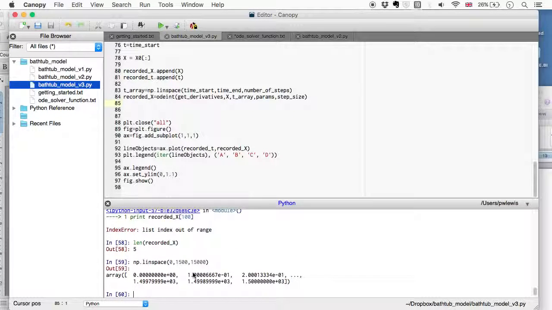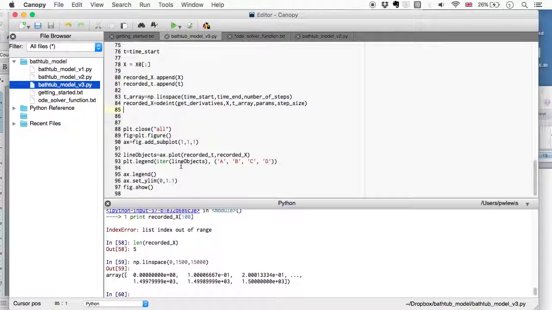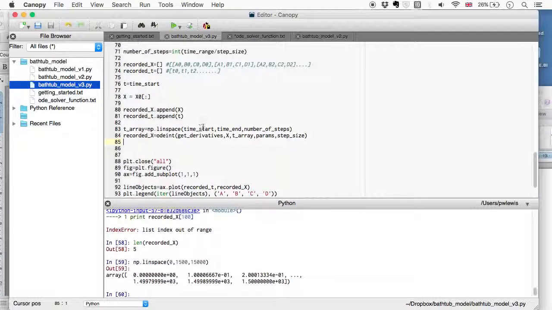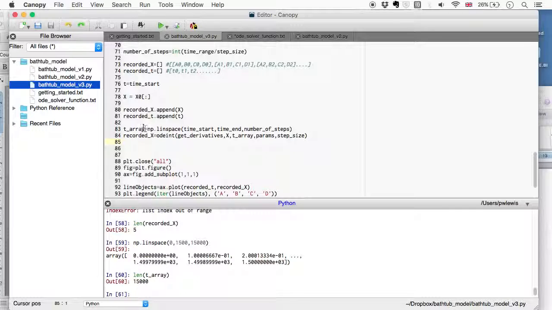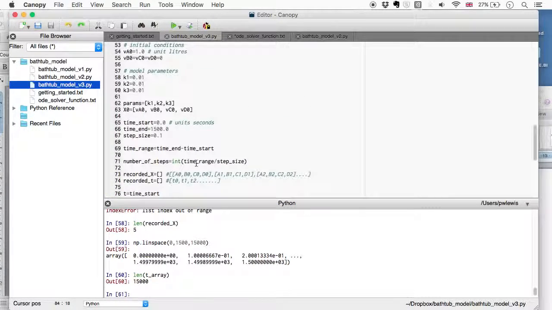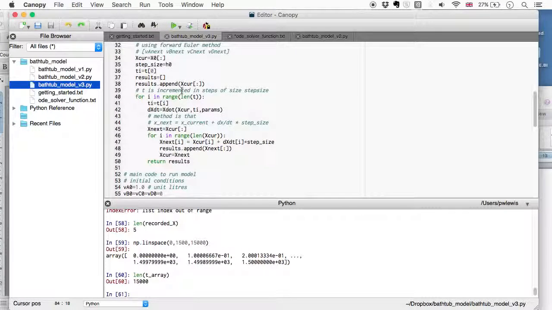Okay. Let's see. Time start, time end, number of steps. So I might say, what's in this T array? Let's have a look. Len T array. Oops, I wanted to do this in my window. So len T array, 1500. So that got created, but somehow this ODEInt function is failing. It's only going